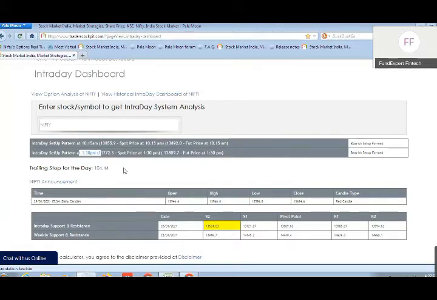My explanation is, you are all in the markets, so many times you might have observed it yourself. Most of the time, a good movement in the markets happens either in the first 2 hours or in the last 2 hours. Normally the market is open for 6 hours, and most of the movement happens in the first 2 hours or last 2 hours. So accordingly this time frame is shown here: 10:15 for the early morning trades or 1:30 for the afternoon trades.